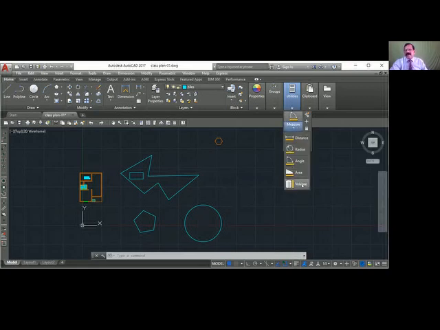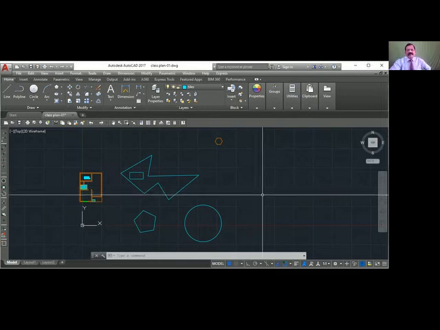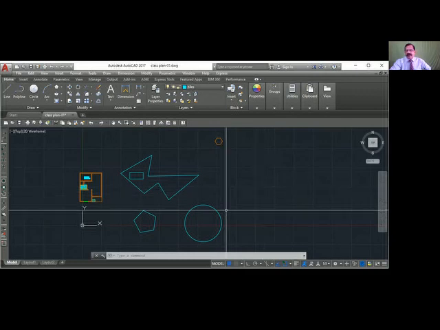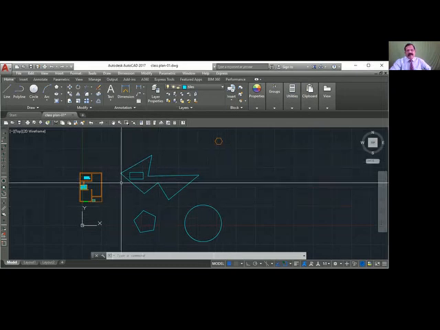From under this area, you can see from here also. Volume is actually for 3 dimension. Okay, area, keep your object snap on. First point, second point, third point, and show all the points and come back, show the first point again. You have to close that. That gives you an area.